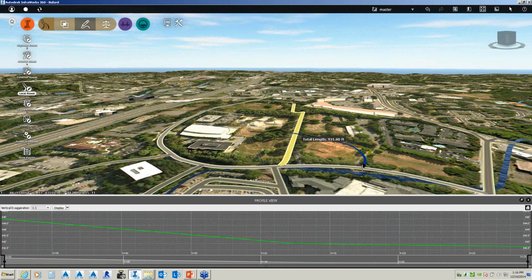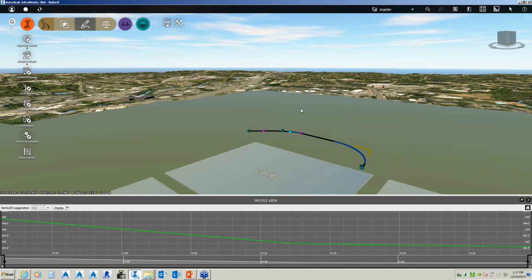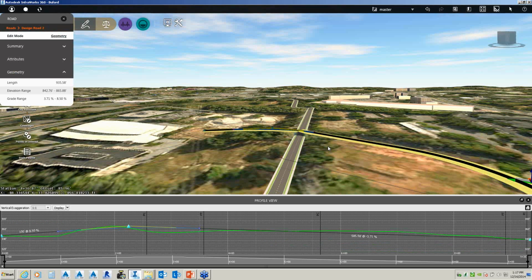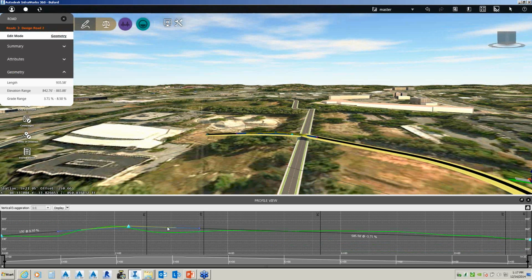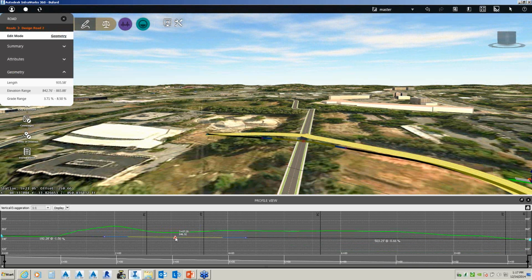So something simple, but the point that I want to get across is what happens when two design roads come together. So if we just zoom in a little bit, you can see that point. Now, if I pick up my point of intersection here, and if I drag that down to that design road there, just as an example,